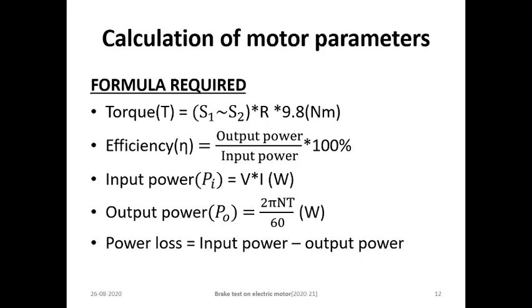The current which we are going to consider here is the armature current and the field current, which I'll be explaining in the tabulation part. And output power, we all know that it is the shaft output power. It's 2πNT/60, where T is the torque of the shaft and N is the speed, which is represented as RPM. For calculating the loss, the normal power loss is equal to input power minus output power, but in the direct method we will not be considering the loss part much. The loss part will be considered more in the Swinburne test and the Hopkinson test.